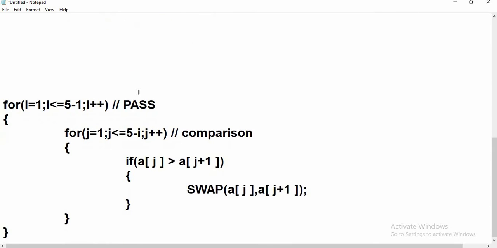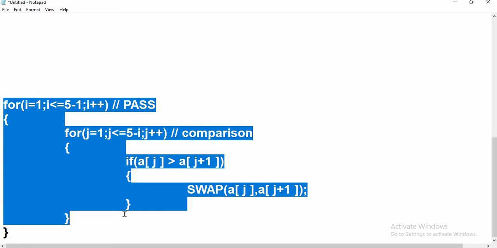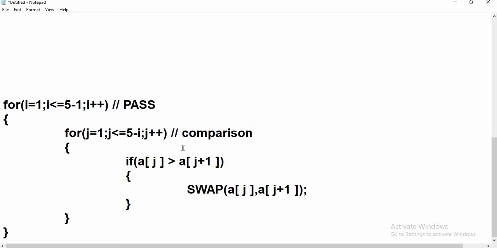The C code which we have seen in the previous video was this C code. In this, what we are going to change is, here you can see the first element. If the first element is greater than the second element, we are going to swap it. Only the symbol over here is going to be changed. It becomes less than. If the first element is less than the second element, we are going to swap it. So by knowing this, we are going to make the changes in the code over here.